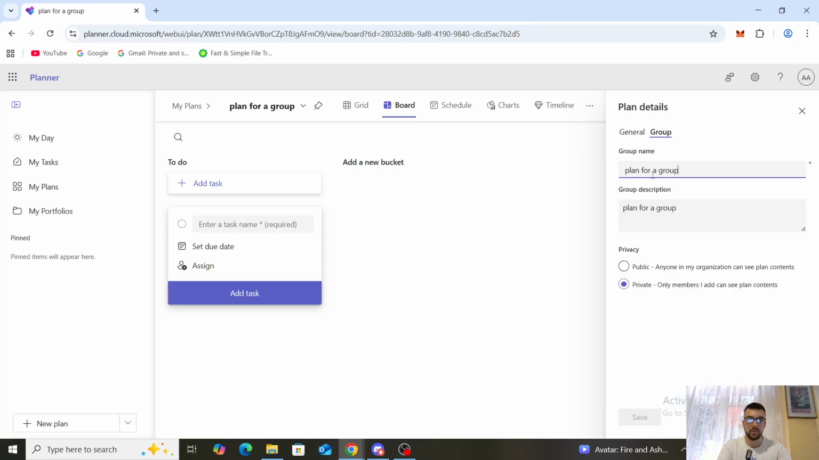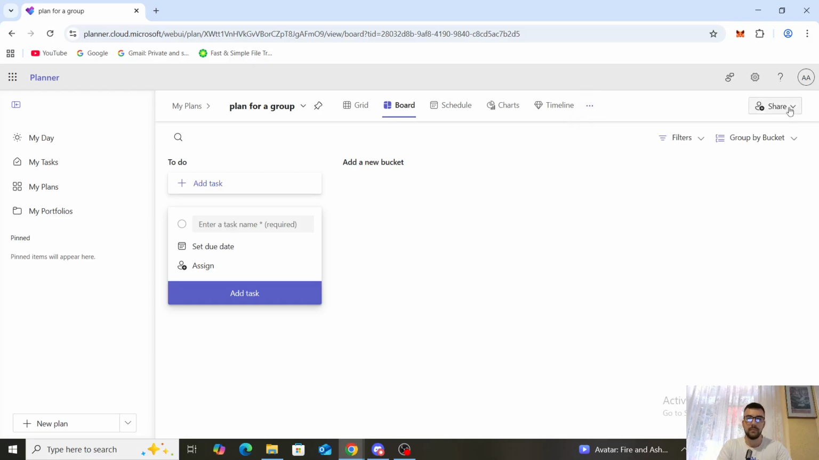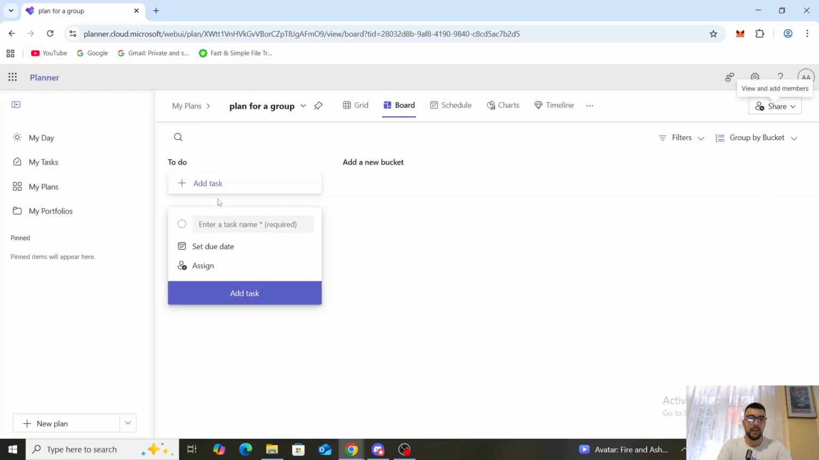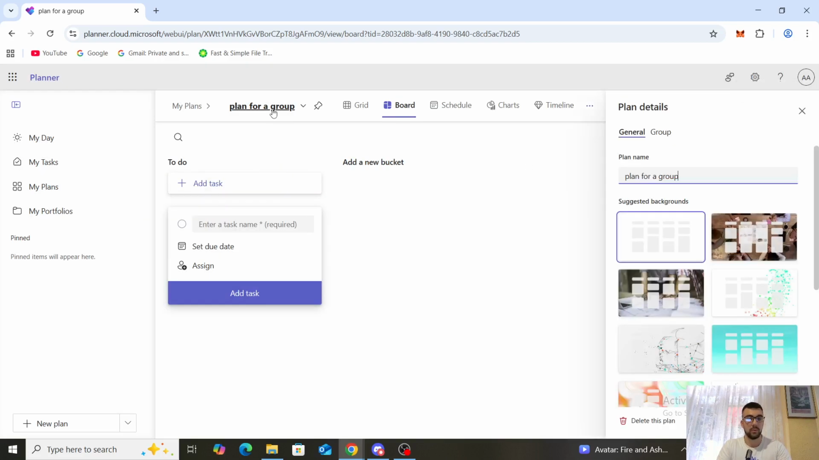So if you go to a group, the group name is the same as this plan, and the group description, again, is the same. You can make it private or public, so anyone in the organization can see, or only members that are added to the group can see all this. So groups are generally created for plans through this share option. So you can see a plan for a group